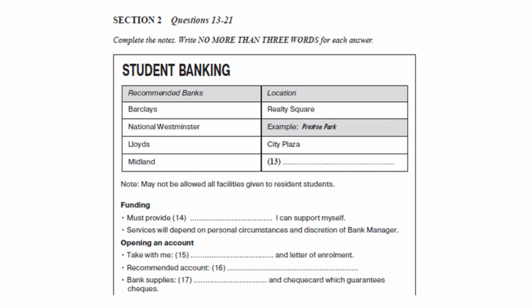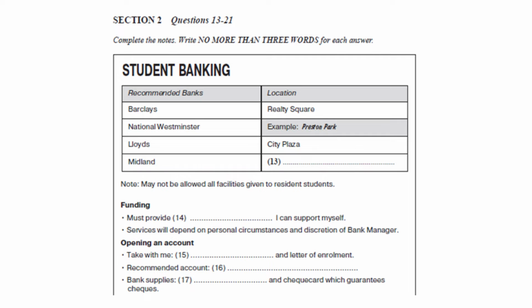Right. When you do go to open a bank account, you should take some documentation with you. I've already mentioned that you must be able to support yourself. In addition to this, most banks ask you to bring your passport and your letter or certificate of enrolment. Okay? Now, by far the most useful type of account to open is a current account. When you do this, you will actually get what is called a student account, which is a current account with